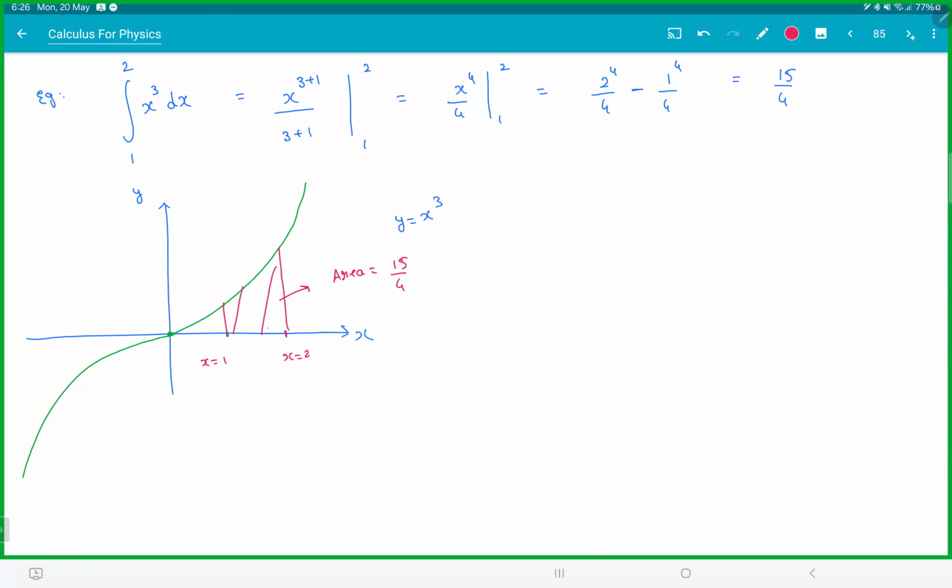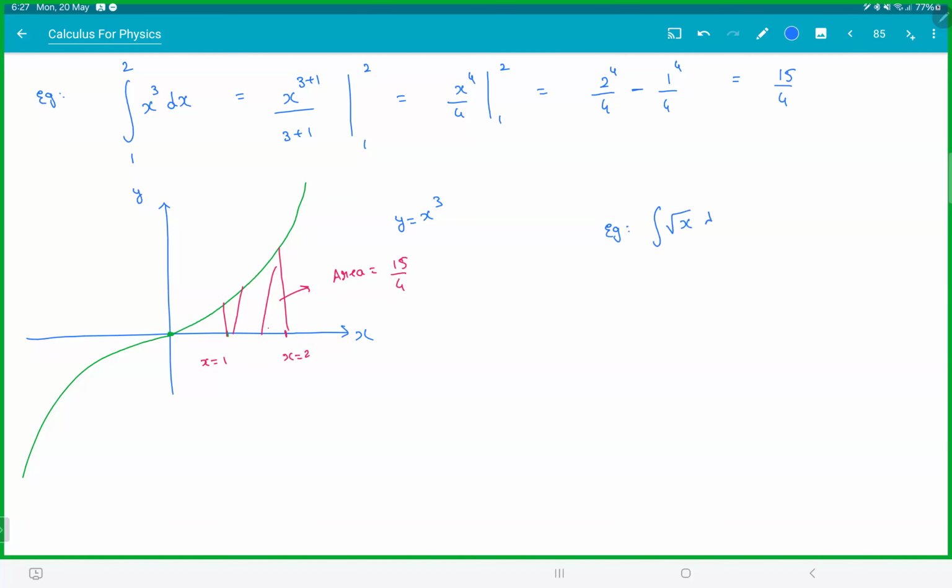Is this making sense, everyone? This is what we are trying to do. Till now, you don't know how to calculate area under a curve. Now we know. So this formula gives you the area under the curve. No need to write it down, but have a look at this. If I show you one more example,